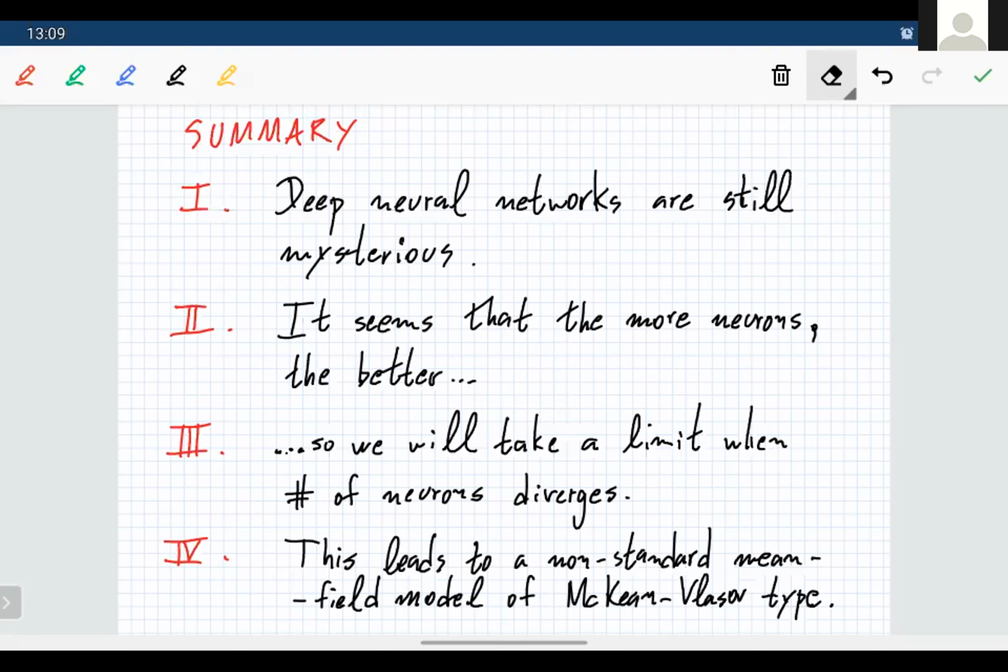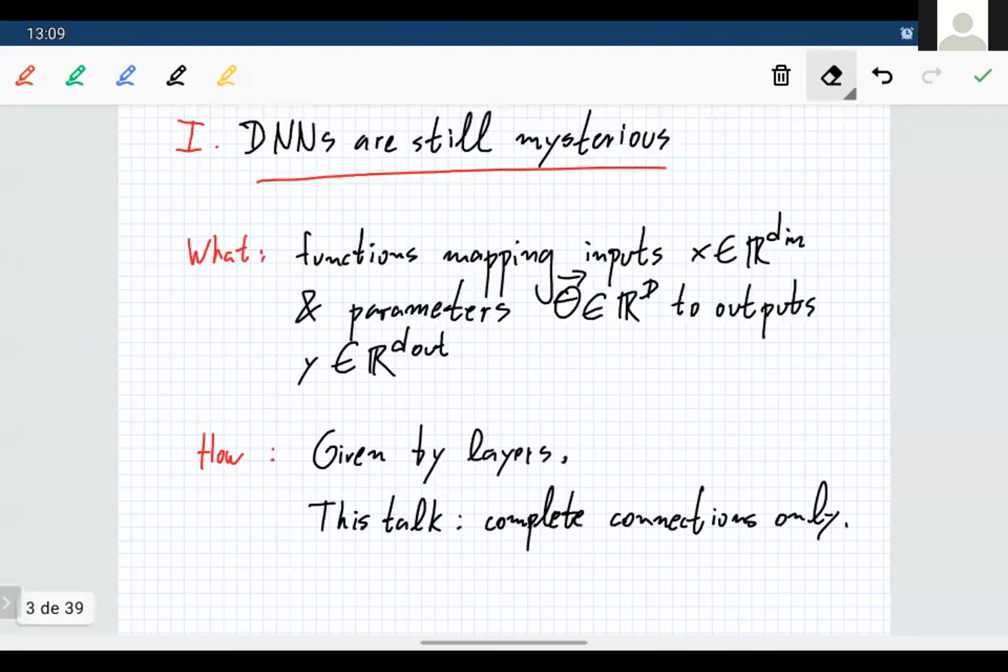And we'll look at that and we'll see, at least in an impressionistic fashion, because there's a lot of mathematics involved in making this formal, what kind of model we get in the limit. And I'll try to explain to you some of the difficulties involved in dealing with that. Okay, so